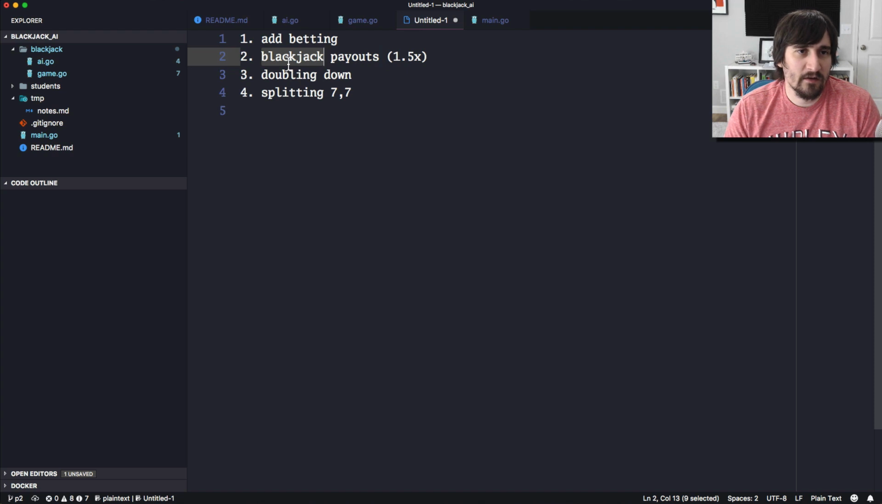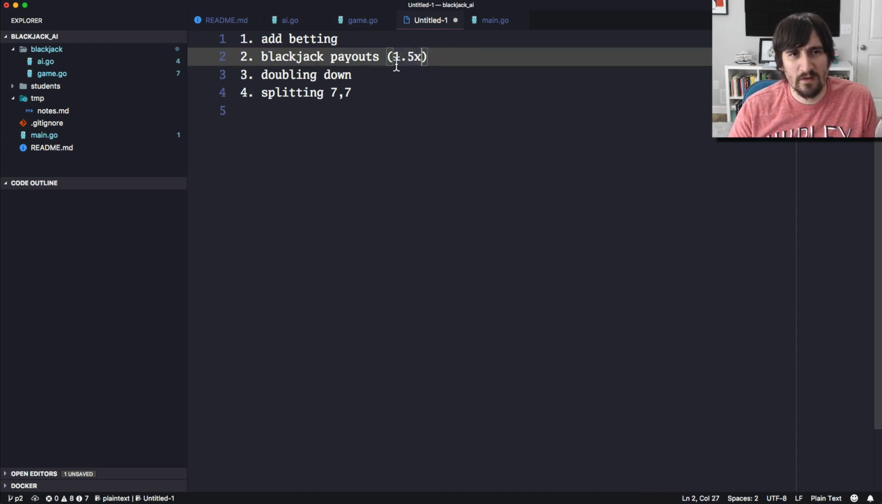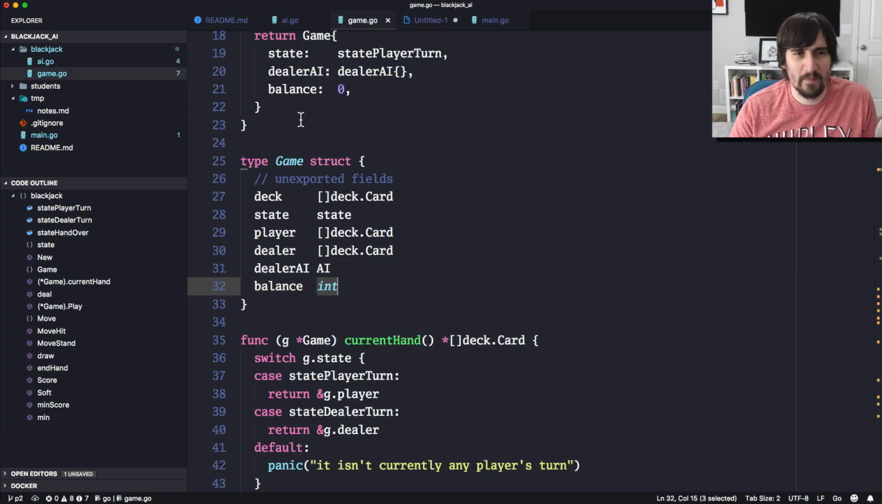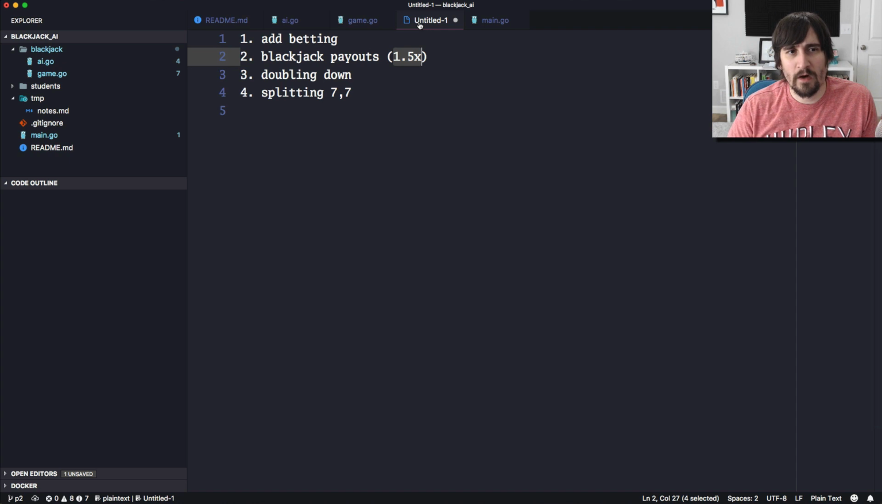The next part here is blackjack payouts. If we're going to add the betting aspect, I think it makes sense to add blackjack payouts, which are usually either 1.5x or 2x or something like that. They pay out a little bit more. I'm probably going to use 1.5x, but I'm going to warn you that this one's a little bit weird in the sense that since we're using an integer for our betting, you'll probably want to default your bet to something like 10 as the base, and then if you want to bet more, do it in multiples of 10,